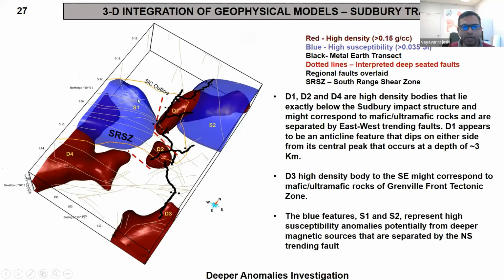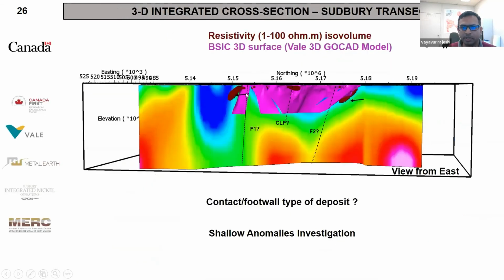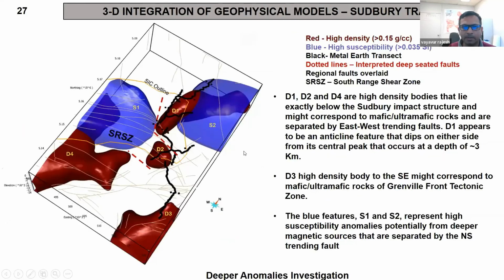And we also overlaid isosurfaces from the magnetic susceptibility model. So we can clearly see that there is a discontinuity between these D1 and D2 anomalies. So we interpreted a deep-seated fault. This fault here matches with the cross section here. And we are also interpreting a deep-seated fault because of the discontinuity in the S1 and S2